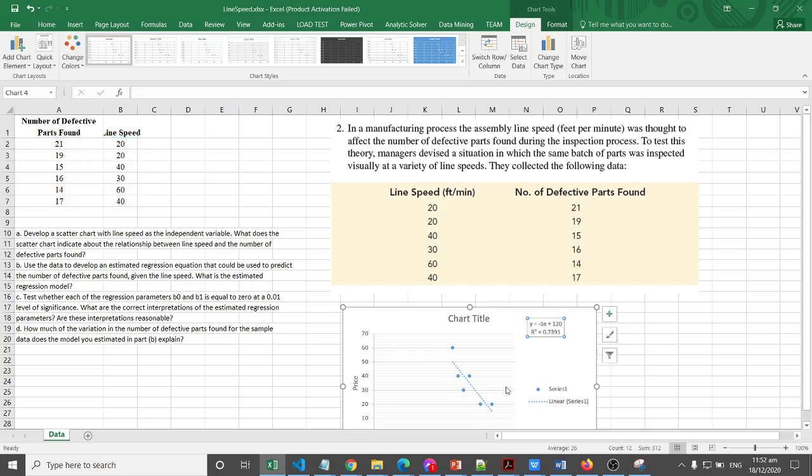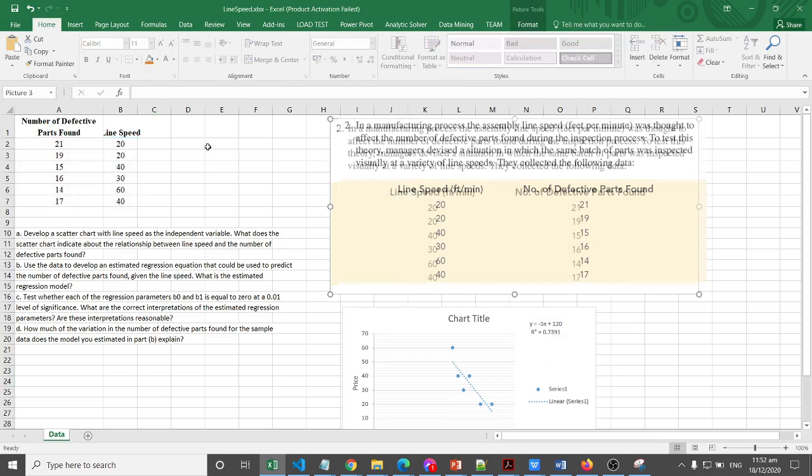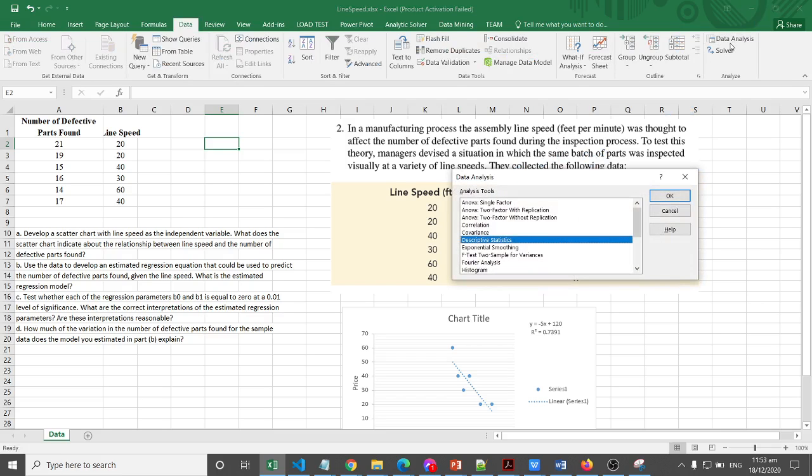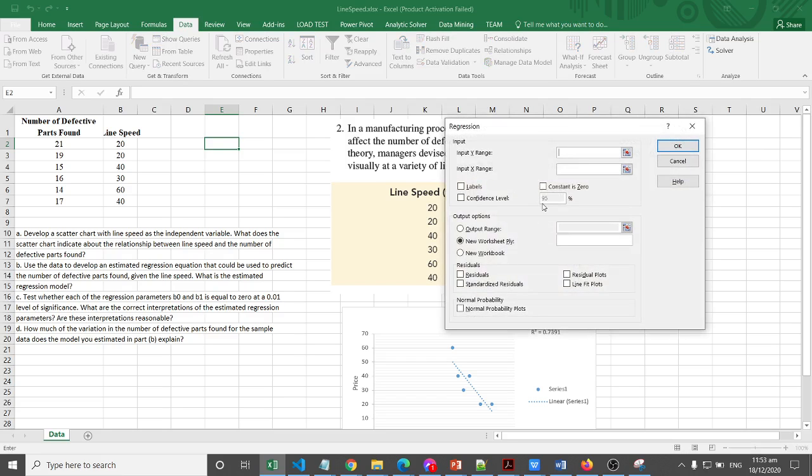and also using the data analysis tools, we're going to create a regression model for that. Okay, so we have selected the data analysis, and from the list of analysis tools, we can select the regression, then click OK.